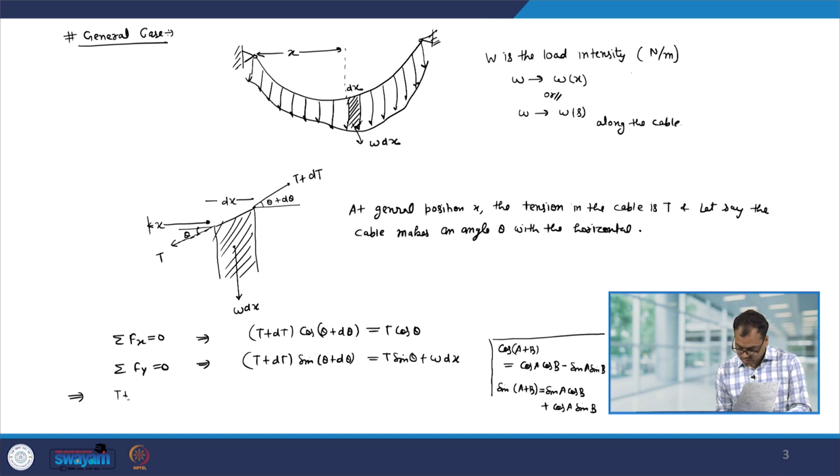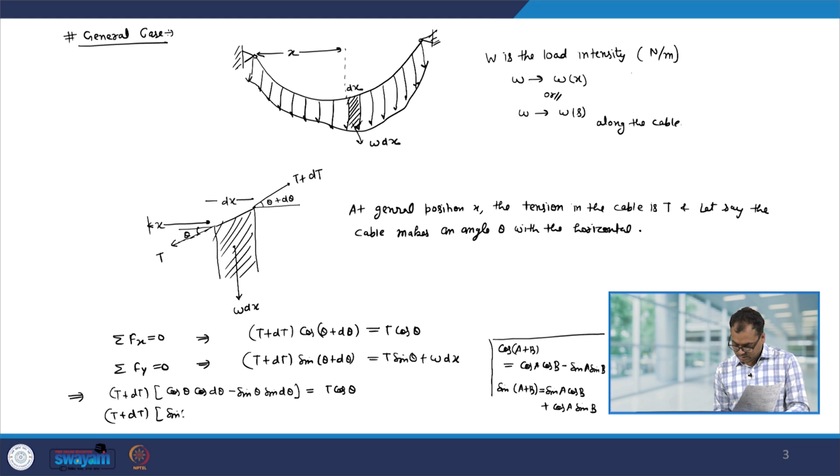So, we have (T plus dT)(cos theta cos d theta minus sin theta sin d theta) equal to T cos theta, and we have (T plus dT)(sin theta cos d theta plus cos theta sin d theta) equal to T sin theta